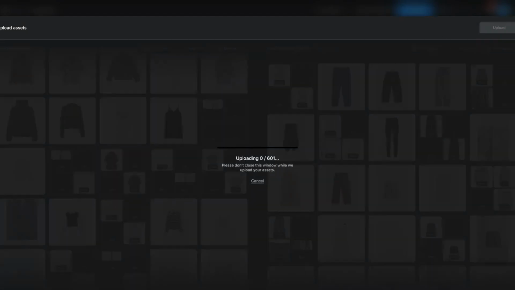Now we are uploading the images, so we prepared everything. We are sure that everything is grouped together, all the detail shots are grouped and dragged and dropped in the correct area. Now we are uploading all those images. So as you can see here, you can see the amount of the images that you've uploaded. Olga uploaded 601, right? And you can see how many images are already